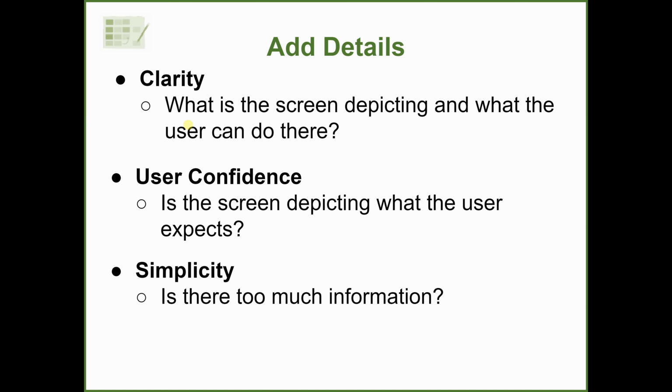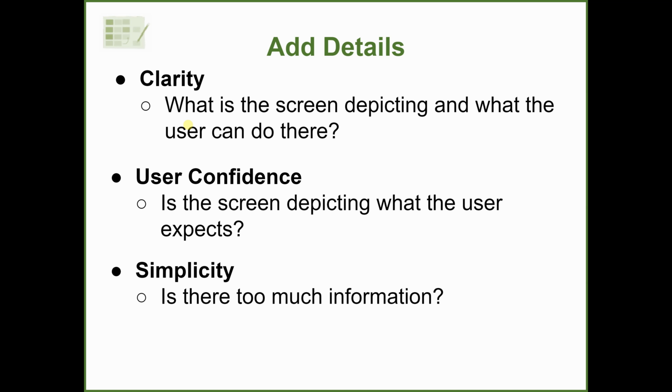User confidence is about making the page easy to navigate and placing clear calls to action buttons to make the product interface predictable and comfortable. Simplicity is all about keeping out the noise. Avoid information overload. Excessive content, links, and buttons can be distracting for the user and make it difficult for them